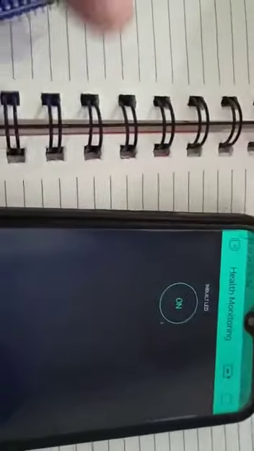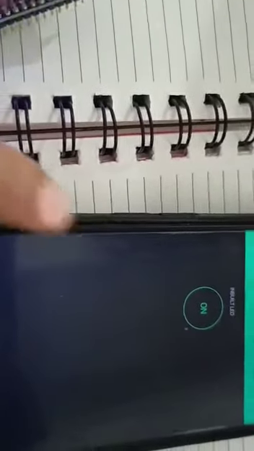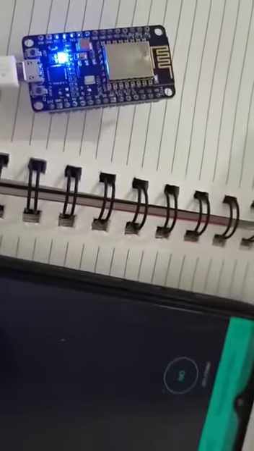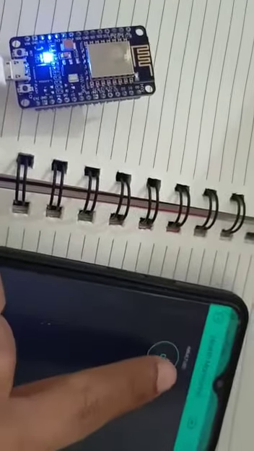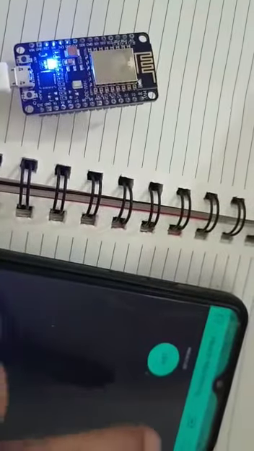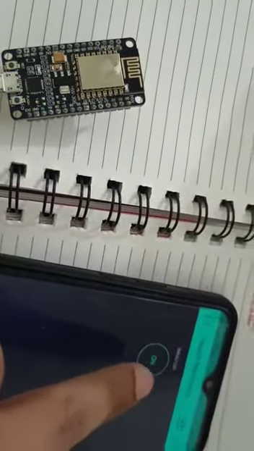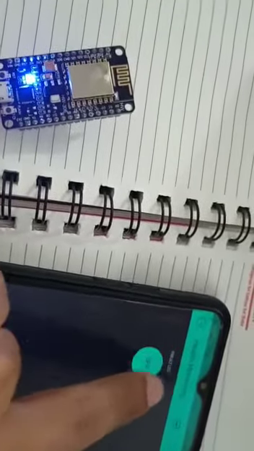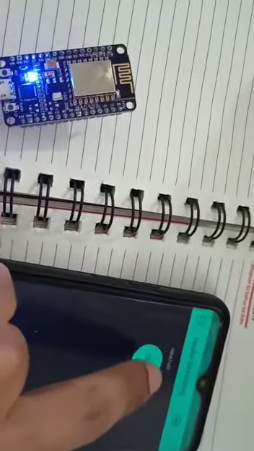My inbuilt LED is already connected. So see, I am turning it on. So the LED is on, off, on, off.